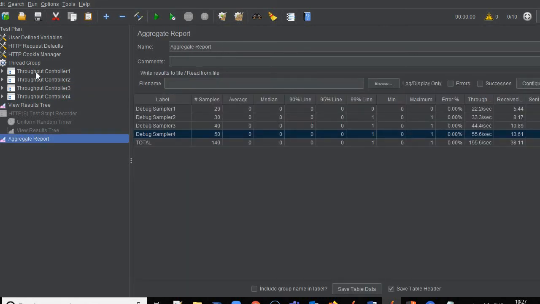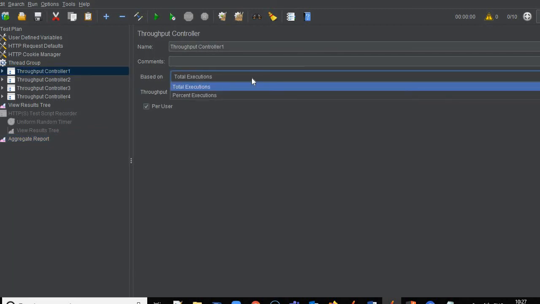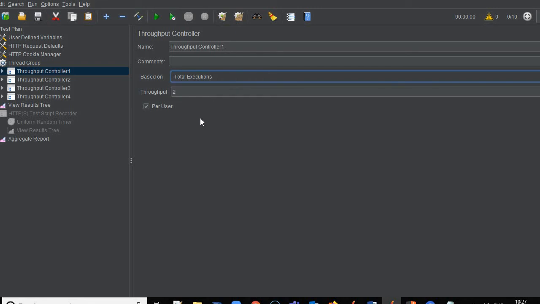So now we are clear with the 2 things, like how the throughput controller works when we select total executions in the drop down, with the 2 scenarios: when this checkbox is selected and when this checkbox is unselected. When it's unselected, this is the number of how many times this particular controller will execute, or whatever request inside this controller will execute.